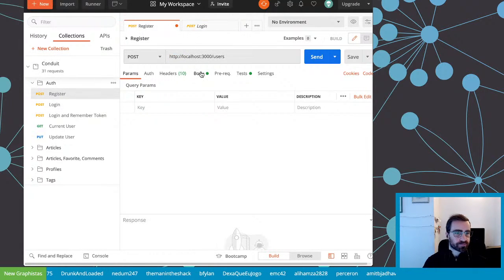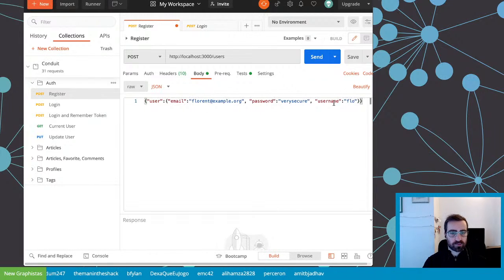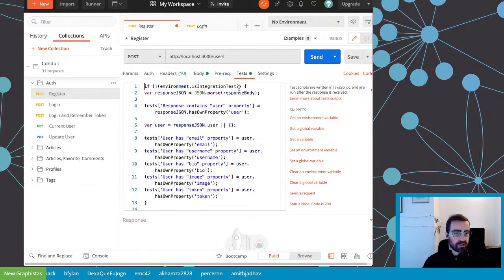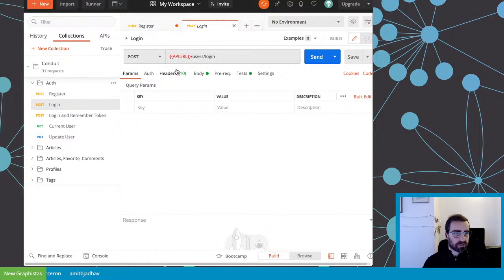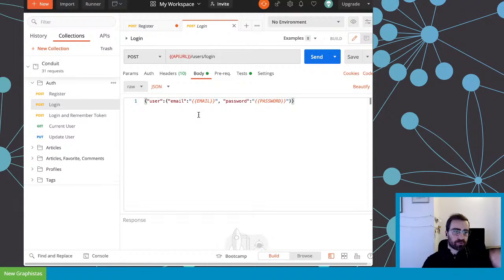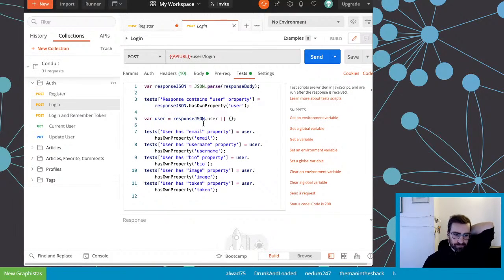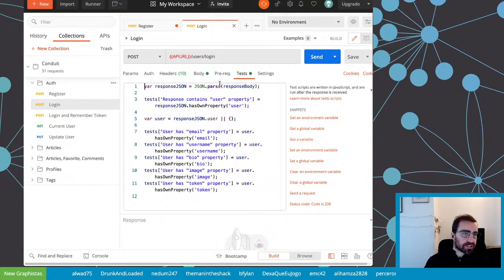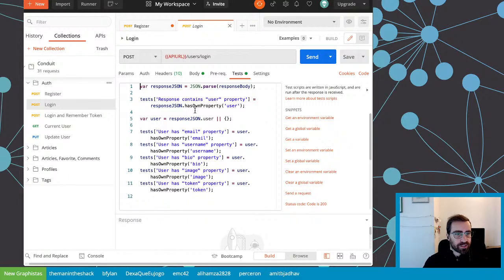So we register a user, sending an email, password, username, and we reply with some headers. Same thing with login. So login is the one we're currently focusing on. We send an email and a clear text password, and we try to match that and return the response with a token specifically that expires after some point. So that's where we are right now.